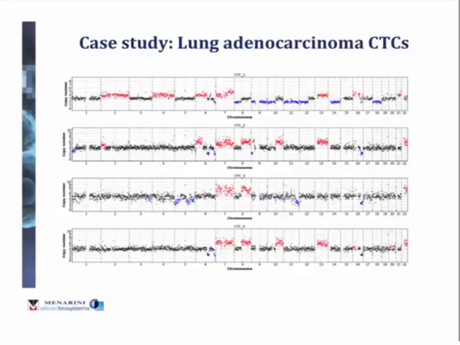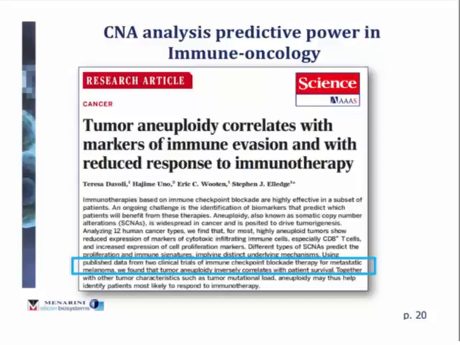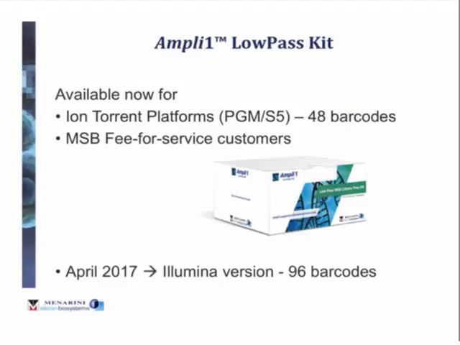What's even more exciting is that this approach is very information-rich, and it looks, from recent findings from other groups, like tumor aneuploidy has to do not only with chemotherapy, as the group in Manchester has shown, but also with immuno-oncology response. What they found was that tumor aneuploidy was inversely correlated with patient survival and response to immune checkpoint inhibitors. This is all very promising, and we now have this Ampli1 LowPass kit available on the market